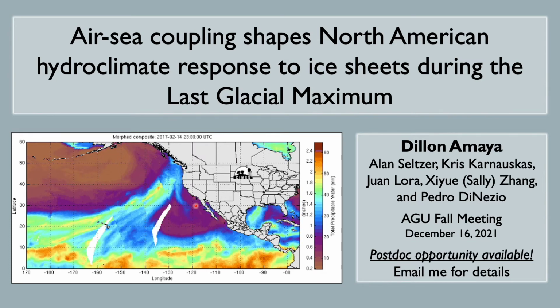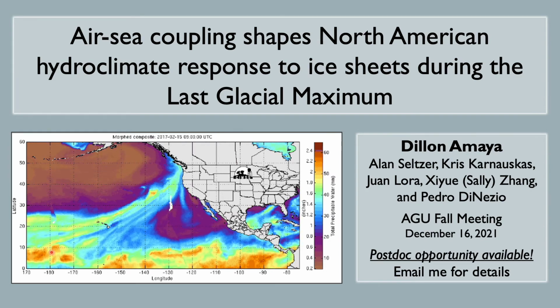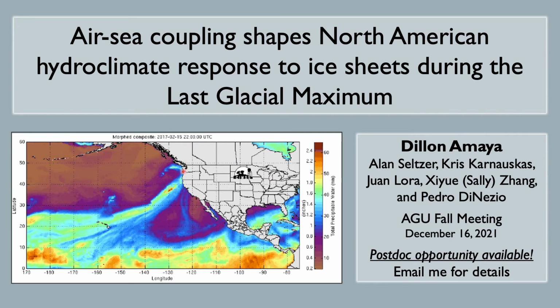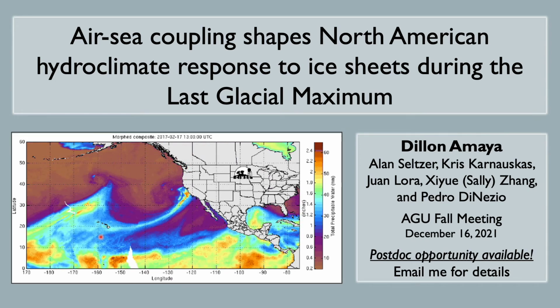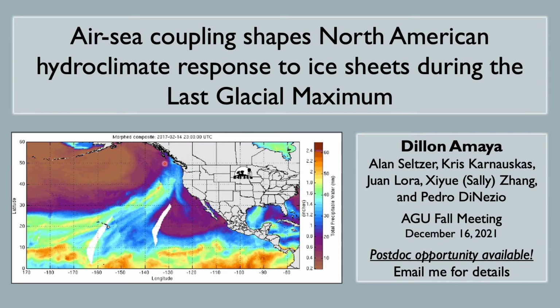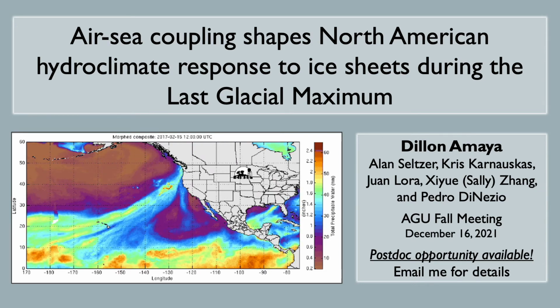And the reason for that is the North Pacific atmospheric circulation is set up in such a way that the storm tracks are preferentially driven to the Pacific Northwest. These tongues of moisture coming from the tropics, these atmospheric rivers, are driven by the North Pacific jet stream preferentially to the Pacific Northwest. But we know from past proxy reconstructions of past hydroclimatic change that has not always been